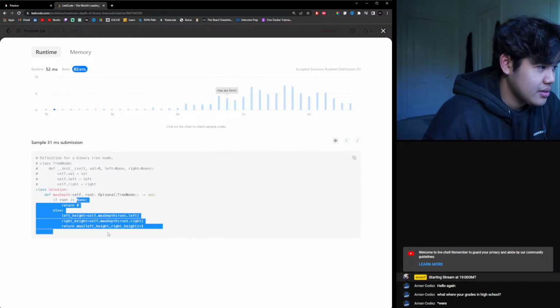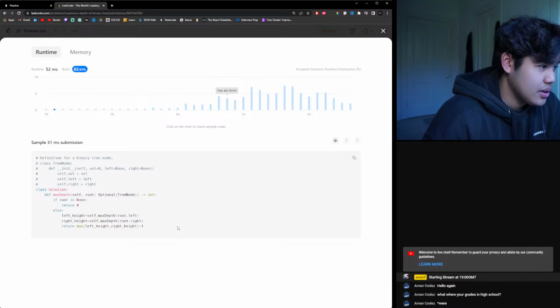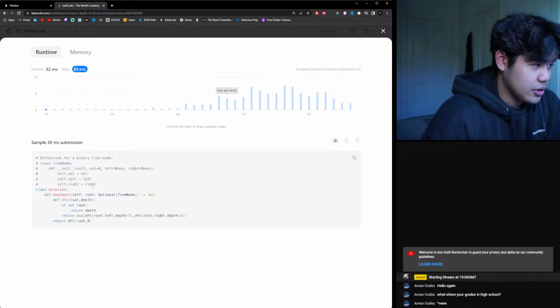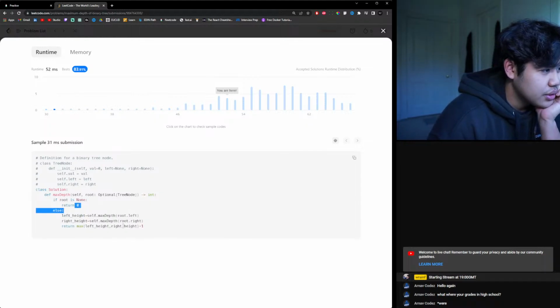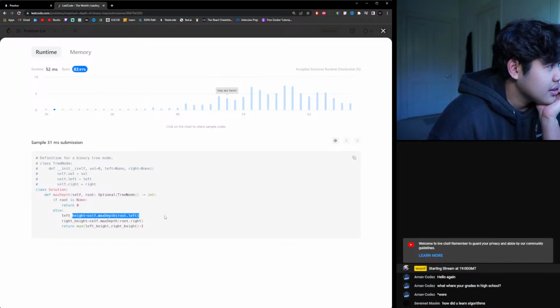Yeah, I think most people also did it that way, maybe. I mean, this guy did define his own helper function. This guy didn't. So if root is none, return 0. Left height is equal to self.max